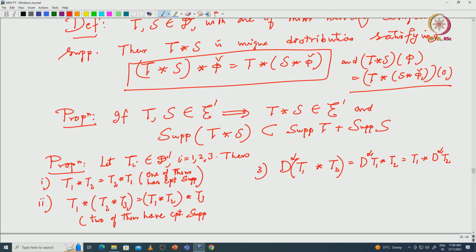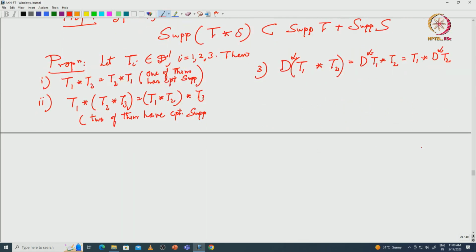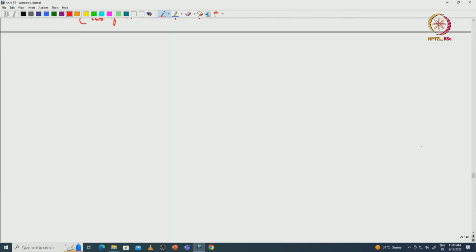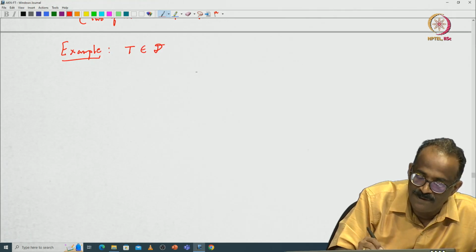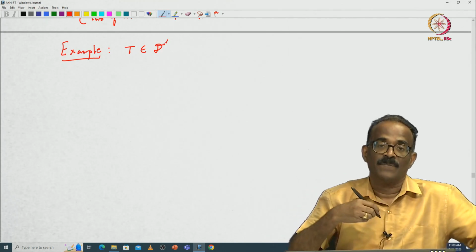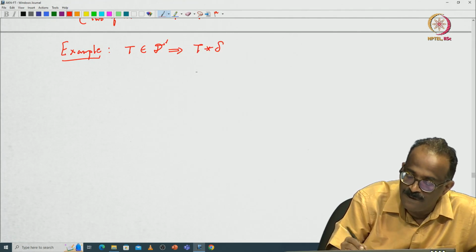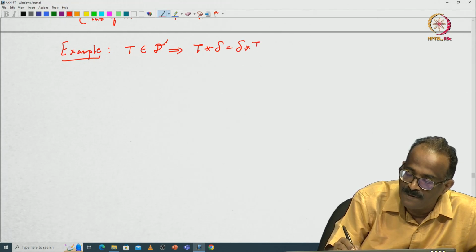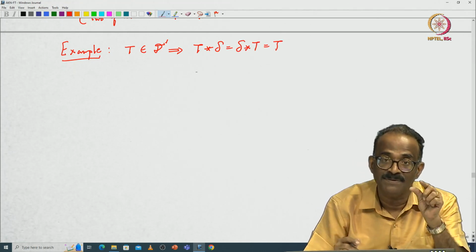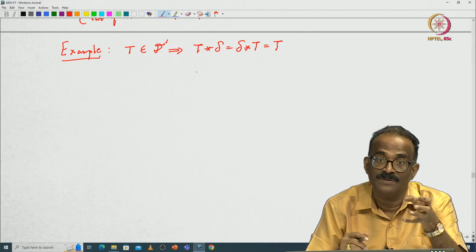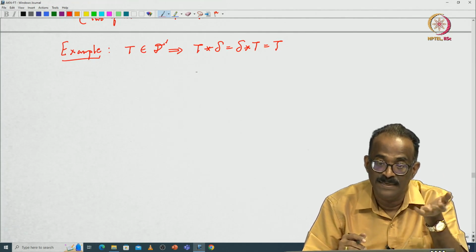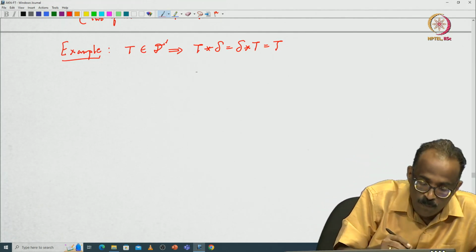And maybe one more thing, and then I will do the rest in the next class. So, one example to start with, of course. You will see now in the class of distributions how the Dirac delta is typically an identity under the convolution product. That implies T star delta is equal to delta star T, which is equal to T. So you see, in the class of distributions under convolution products, delta works like a unity, an identity, under that product. More generally,